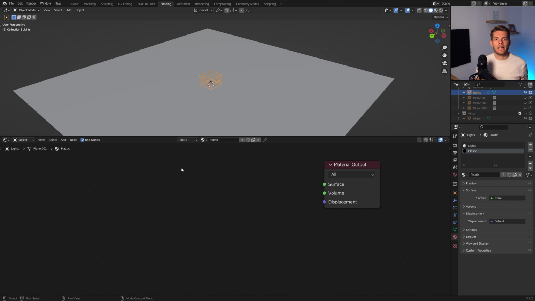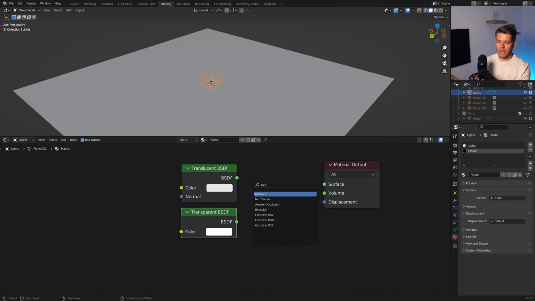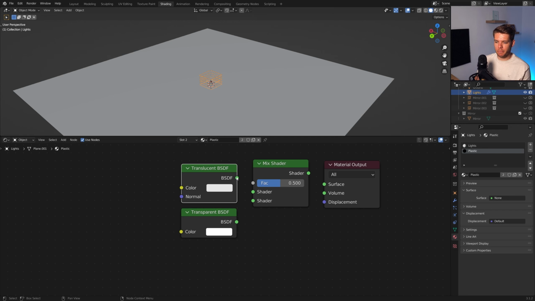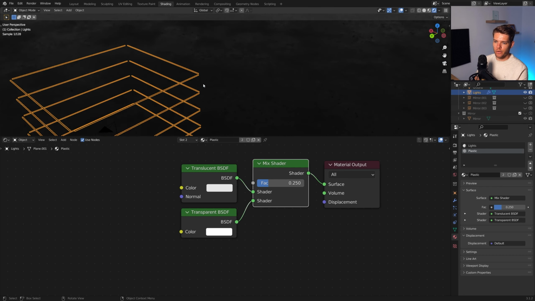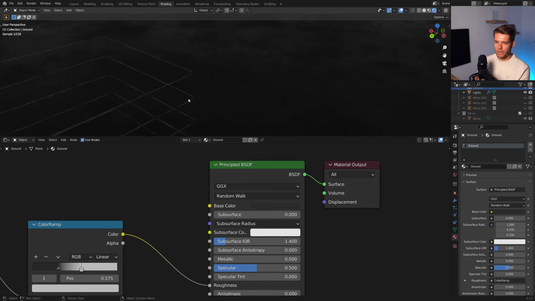Now for the plastic shader, I found a very nice way to create a nice realistic looking plastic. And that's actually to combine a translucent BSDF and a transparent BSDF, and you could either add these together with an add shader, but in this case I want a bit more transparency, so I'm going to use a mix shader instead, which will give me more control. So I'm going to combine these 2 together in a mix shader, plug it into the surface, and now we can actually control the amount that we see one or the other shader. So I'm going to set this to 0.25, and if I go into render view, you probably won't really notice,